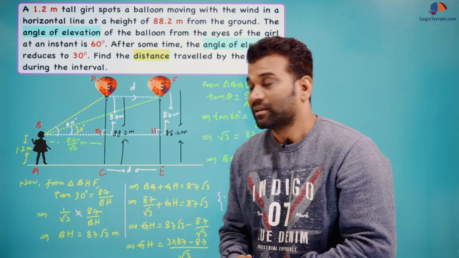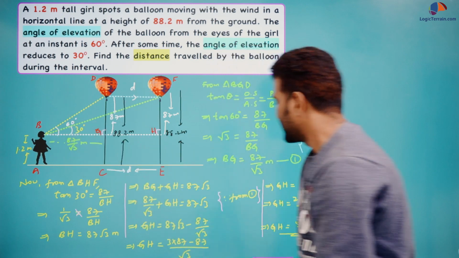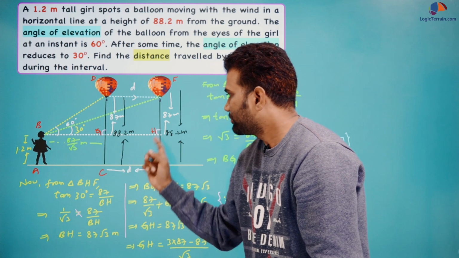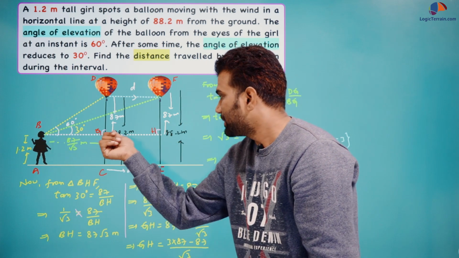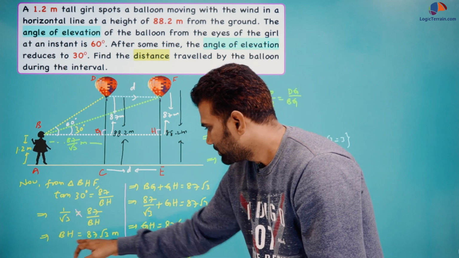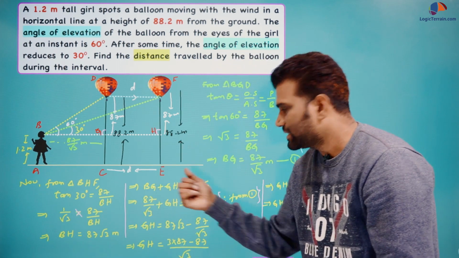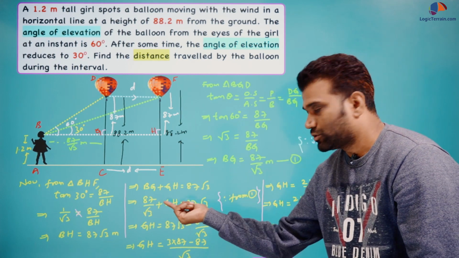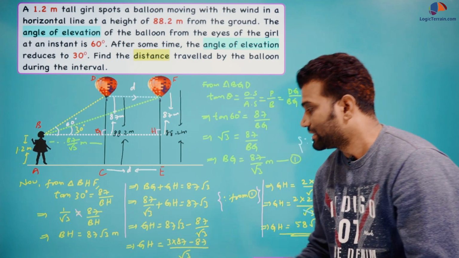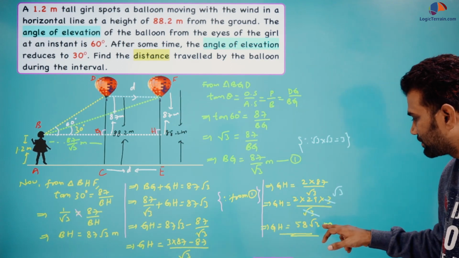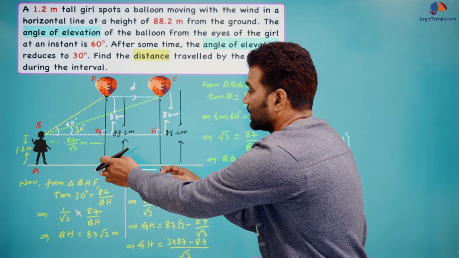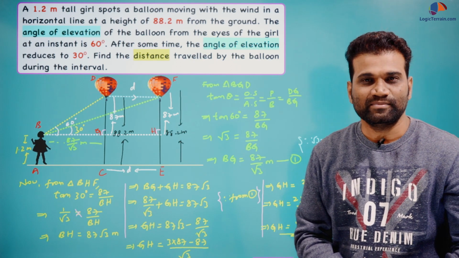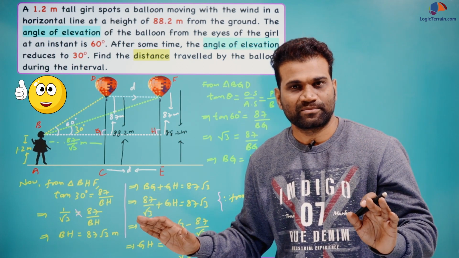We have got this length. Now by using this right angle triangle, here theta is 30 degrees and opposite side is 87 upon BH. Again we know BH is nothing but BZ plus GH. So we have got BH, and we know BH is equal to BZ plus GH, equal to this much, and we know the BZ value, substituted here and simplified further. Finally here we have got GH, that is how much? 58 square root 3 meters, which is nothing but the distance traveled by the balloon during the interval. Clear? You know how to solve these kinds of questions, right?